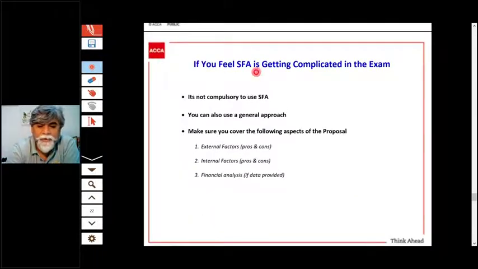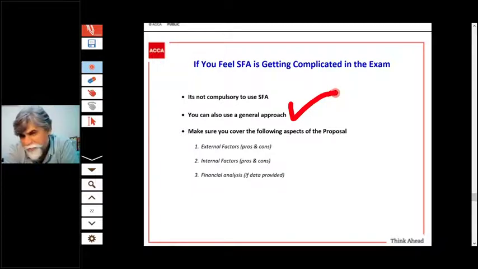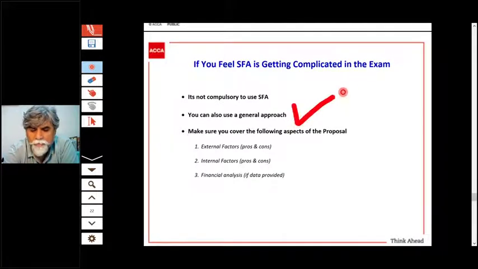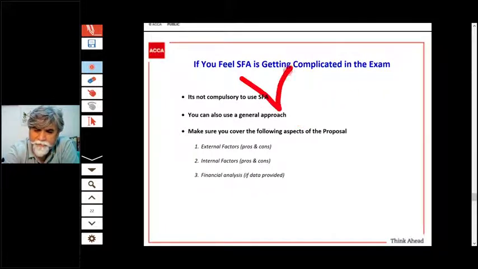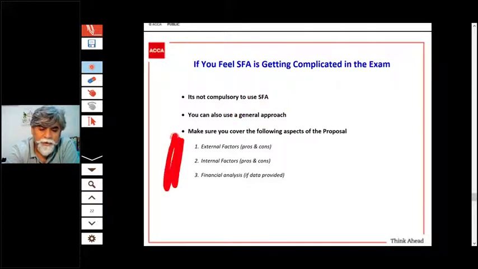If you feel that SFA is getting complicated, sometimes there is too much information, or you feel that using SFA will create more problems, then it is not compulsory to use SFA. We will use a general common sense logical approach. As I mentioned, you will get equally good marks if you cover all the relevant points. So if you don't use SFA, like suitability, feasibility, acceptability, then if you want to simplify your answer, you can